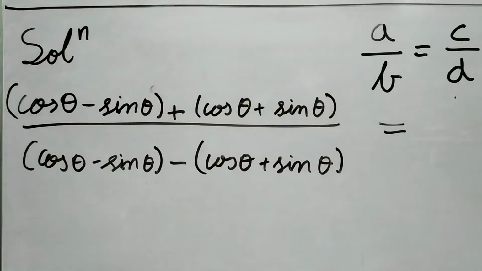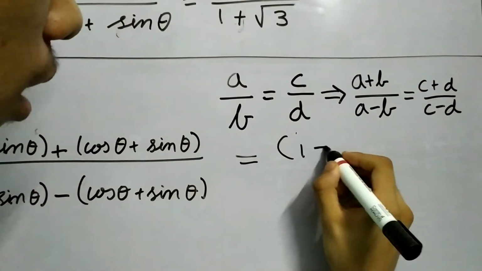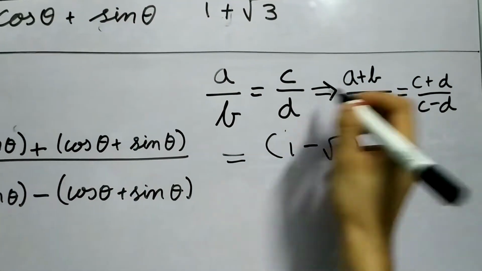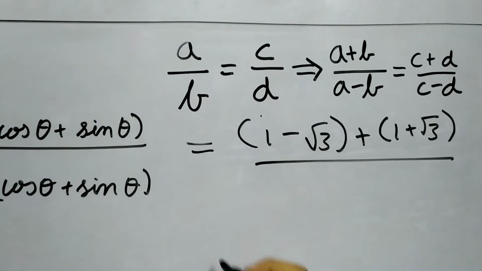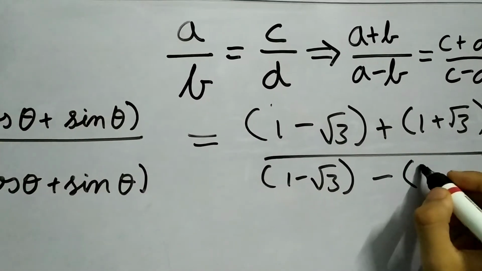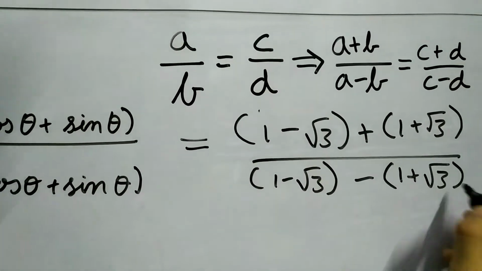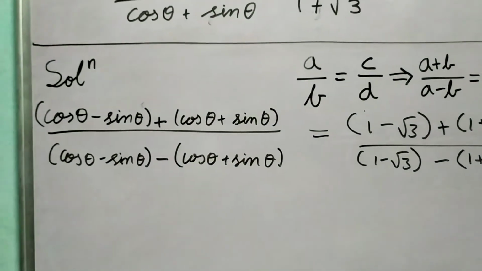And of course we have to do the same thing on both sides, right? So we can say 1 plus root 3 upon 1 minus root 3, by the numerator plus the denominator, and then the numerator minus the denominator, 1 plus root 3. Now you should be able to do this yourself. Let me just quickly do this.